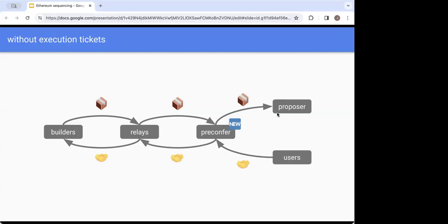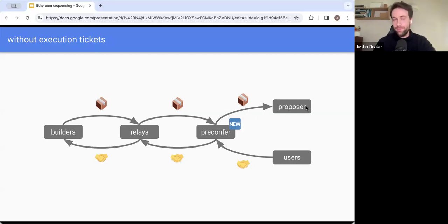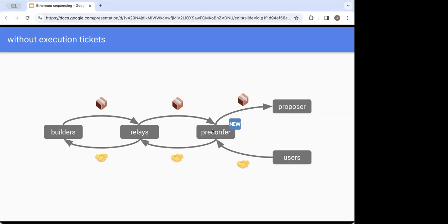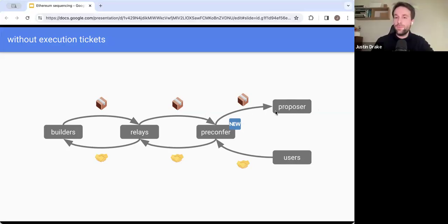Okay, I see. So here the proposer is the sequencer, they have the sequencing rights, but they're not going to do the actual sequencing and preconfirmations themselves. This is a delegation relationship. So this entity here has the rights, and this entity is the one doing the heavy lifting. And the proposer is the current L1 proposer who may not be a preconfer, and the preconfer may be the next. No. This proposer is a preconfer. Oh. Okay, maybe we need a different label here. Like this is some sort of delegatee preconfer. It's some sort of preconf helper.